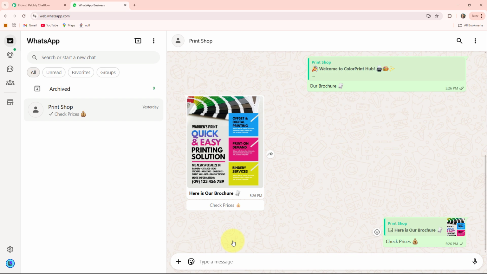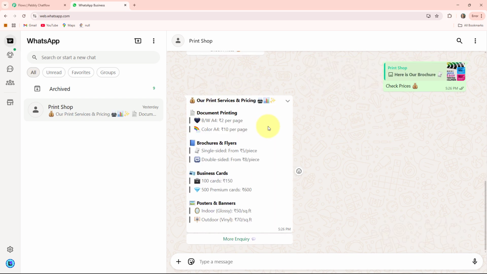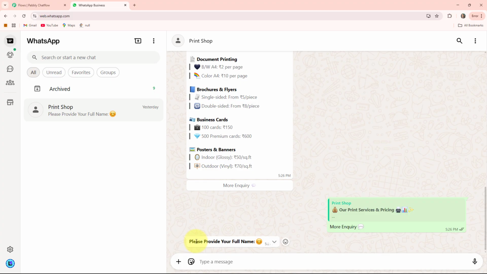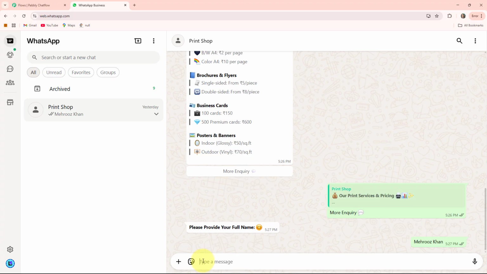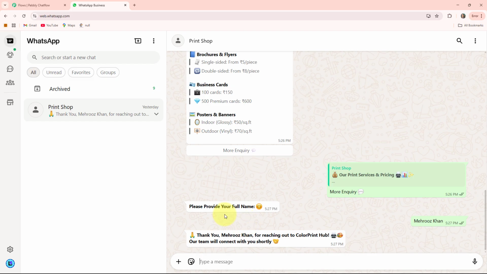If I click on this, then you can see it will provide me all the prices and the services they are offering to their customers. And one button also, that is more inquiry. If I click on this, then it will ask me for my full name. So here I am giving them my full name. Here I provided. After that, you can see it will respond to me like this, that thank you Mehruz Khan